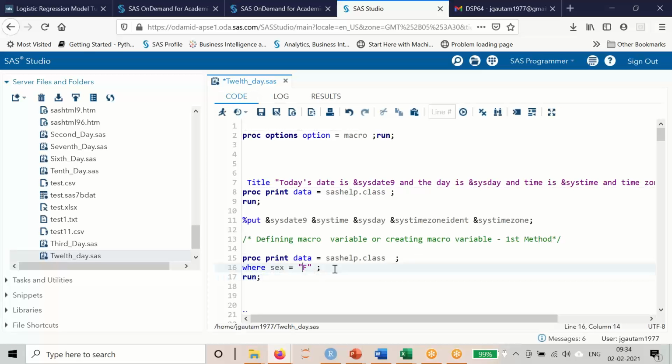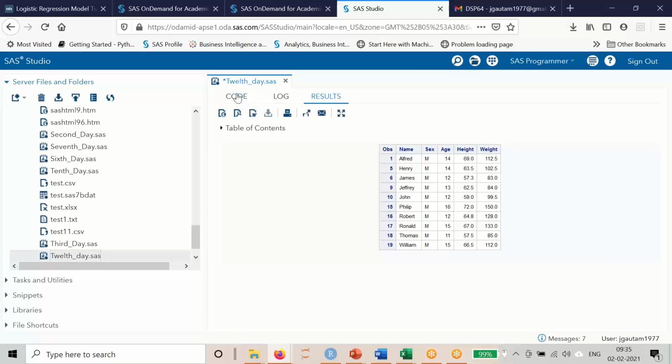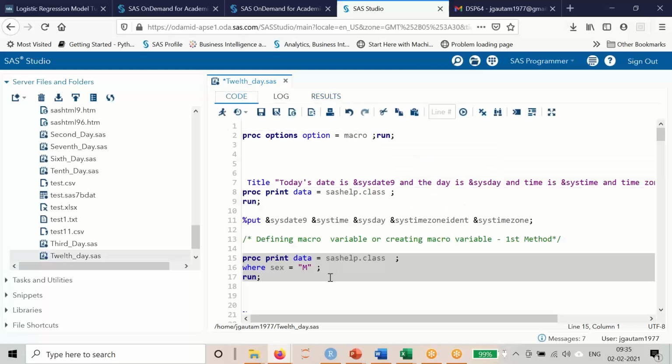After some time, he comes to you and asks you to give data for male. So what will you do? You will make these changes, right? Now think of a situation where this is a 3 or 4 page long program, and there you need to substitute this value. So in that case, rather than directly changing the value in your